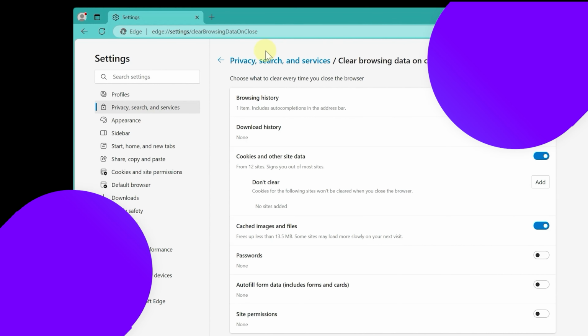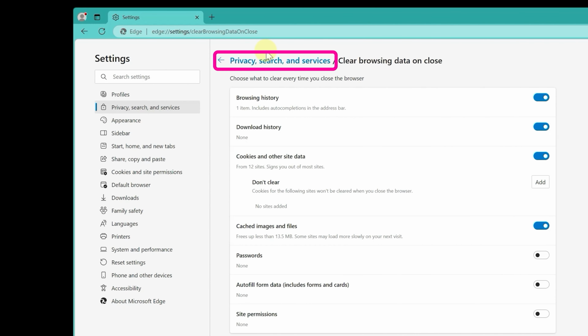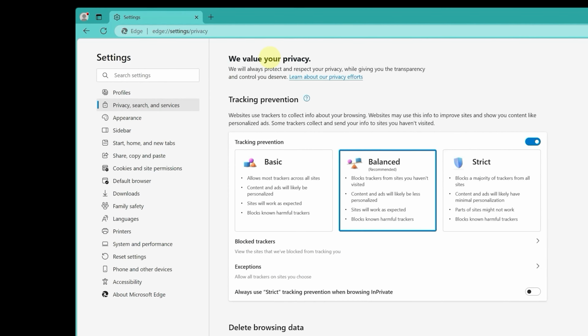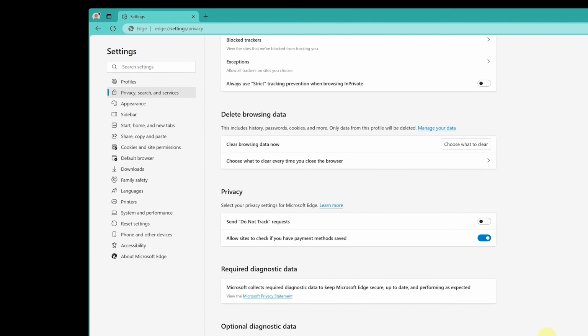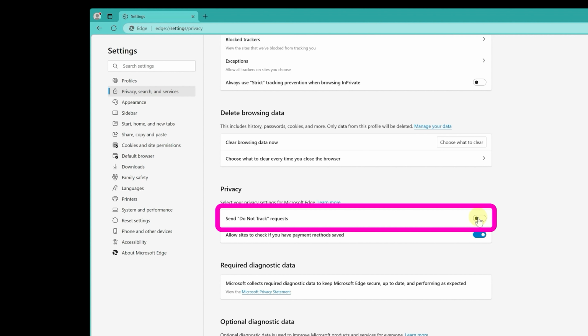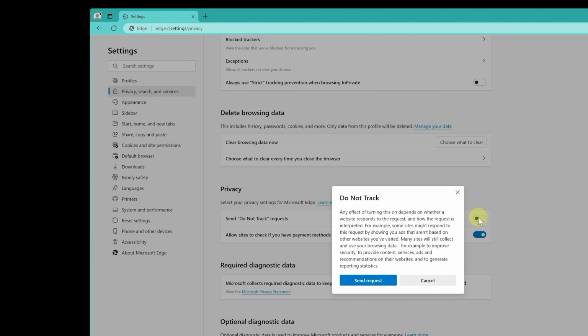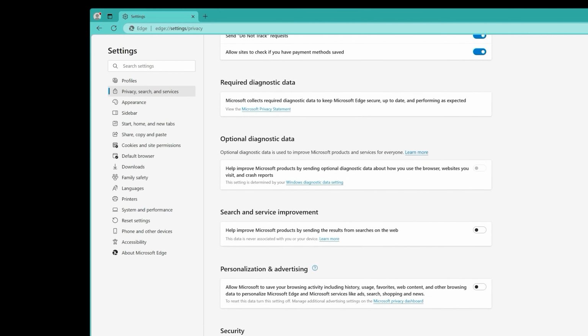Let's continue. Now click Privacy, Search and Services to go back, and let's carry on going down the list. Turn on the toggle switch for Send Do Not Track Requests. And there's a little warning here that just says any effort of turning this on depends whether a website responds to that request. They could just bluntly ignore it. But we're going to ask the polite ones to please not track us. Keep on scrolling down